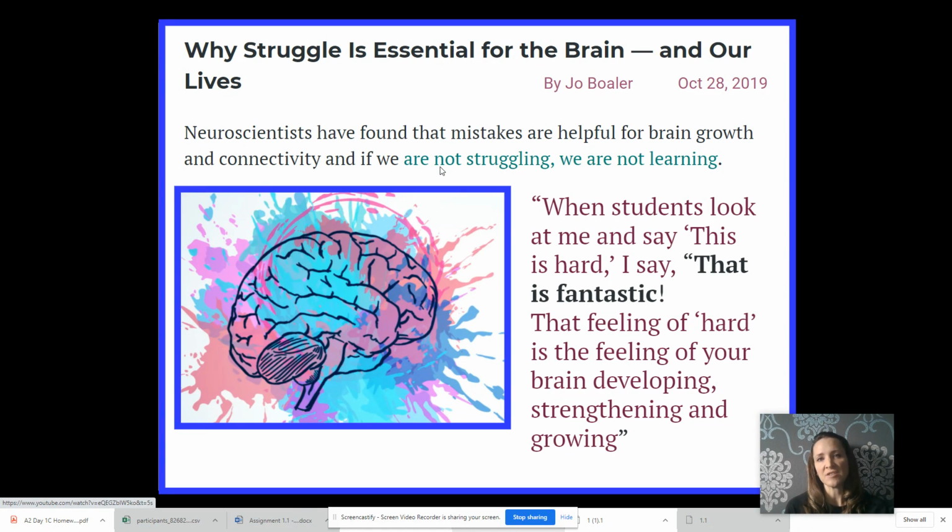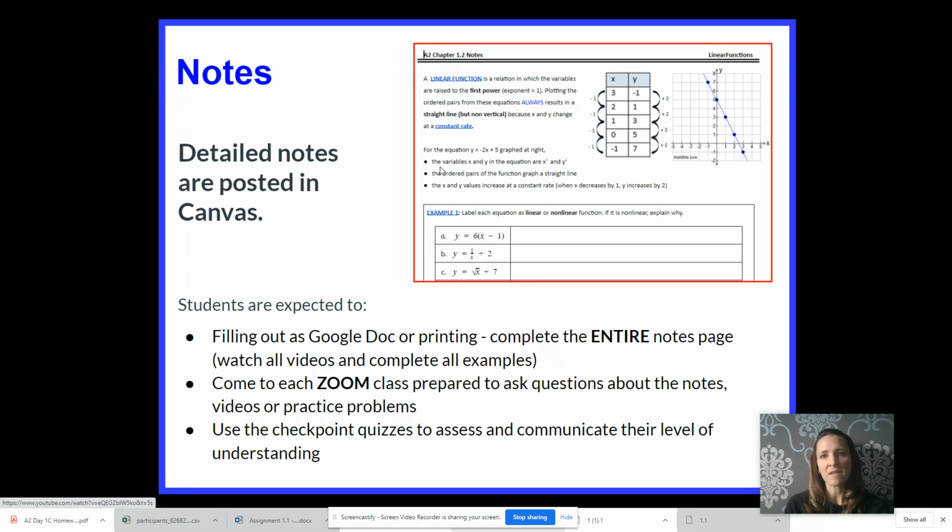When they're frustrated and struggling, maybe set a timer for 10 minutes and say, why don't you work on it for 10 minutes? And if you're still frustrated at the end of 10 minutes and you haven't figured it out, then I'll step in and see if I can help you. And that's the mindset that we want to give our students, especially in distance learning, where they're trying to figure out what is this content and they're not in a classroom with their teacher.